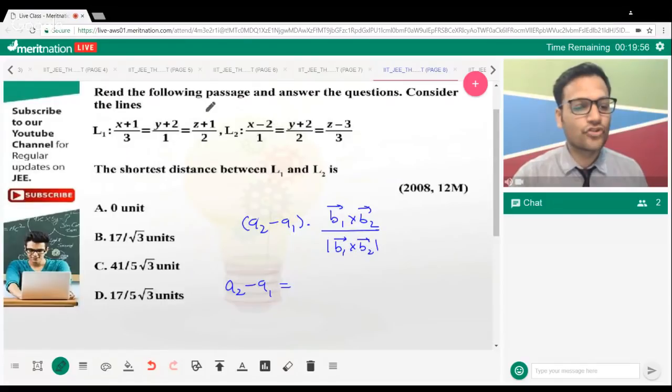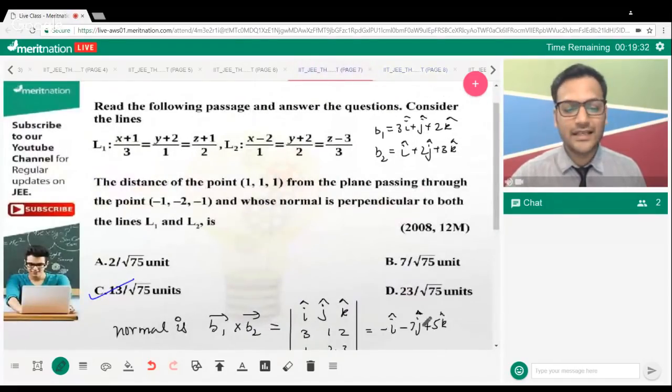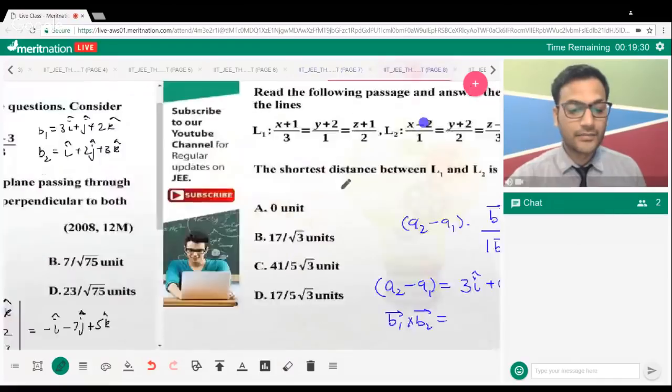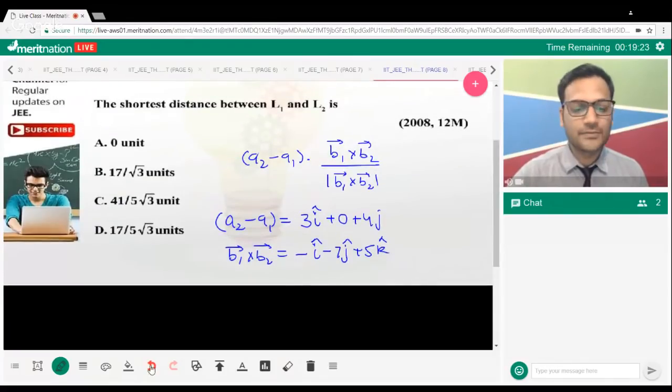So if I take the difference, 2 minus of minus 1, which is 2 plus 1, that is 3i. Then minus 2 will get cancelled out, 0. And then 3 minus of minus 1, which is 4j. Right? So 3i plus 4j is A2 minus A1. B1 cross B2 we have already calculated. So let me copy it from the previous one. B1 cross B2 we calculated is minus i minus 7j plus 5k. We have already calculated that. Therefore, the distance between them is